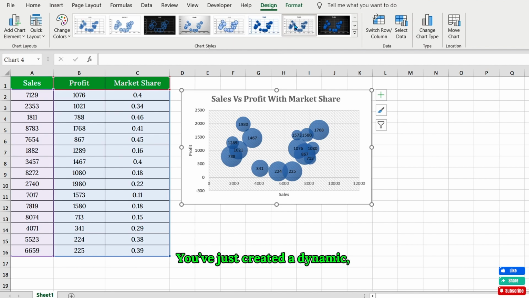And that's it, you have just created a dynamic, eye-catching bubble chart in Excel that makes complex data easy to